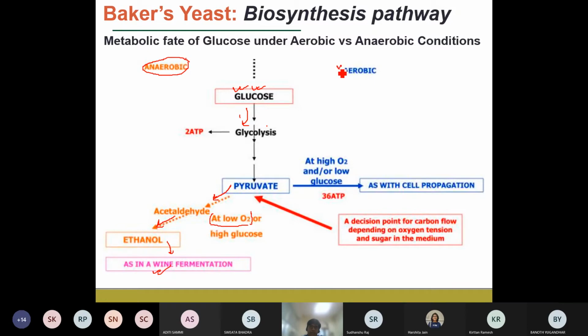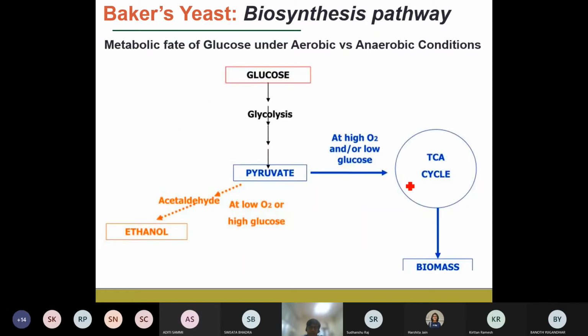But when we have the aerobic fermentation process, what is going to change? The pathway from glucose to pyruvate, the glycolysis pathway, remains unchanged. In the biosynthesis pathway, these particular steps remain the same. But once it reaches the pyruvate product, it takes a different biochemical pathway, which is called the TCA cycle, or the citric acid cycle.